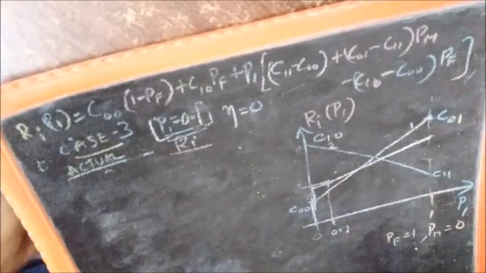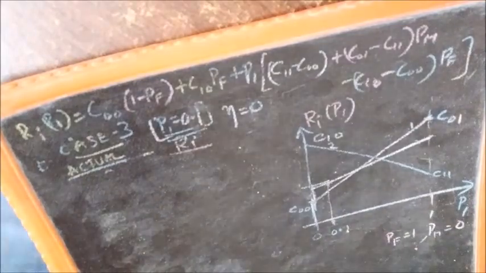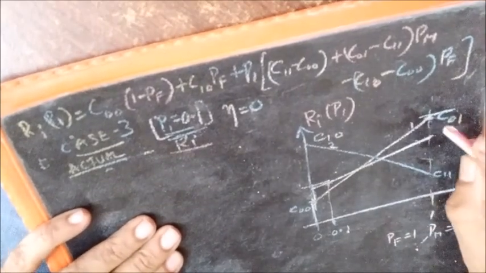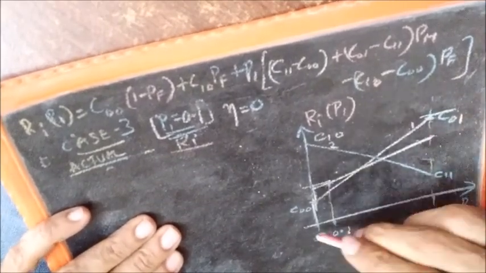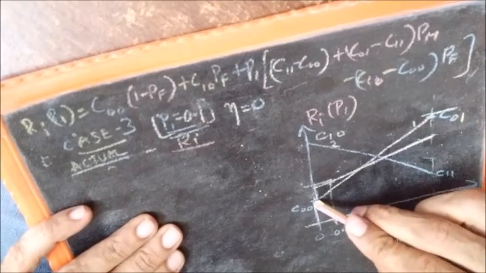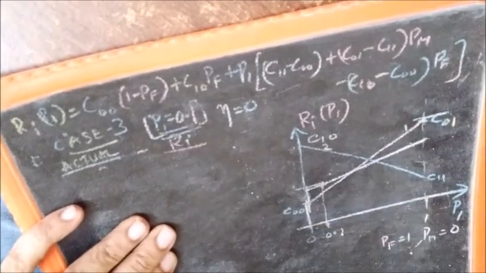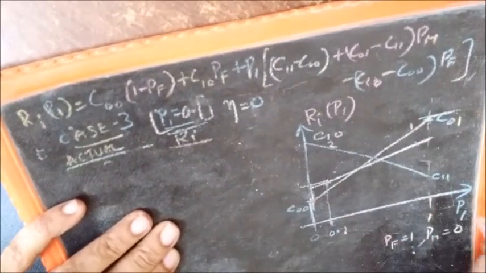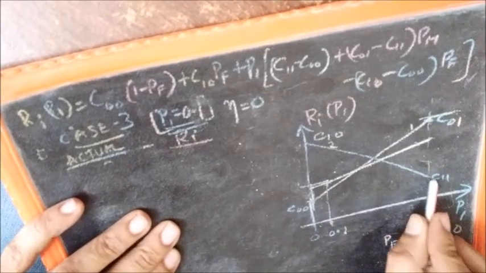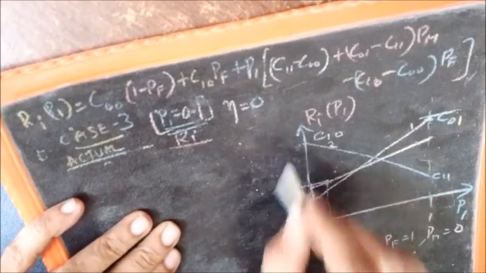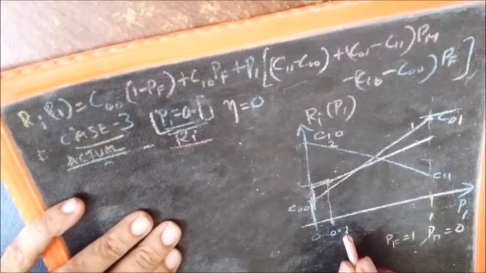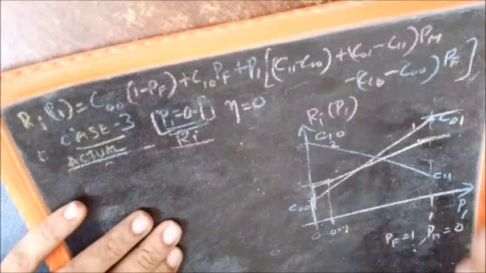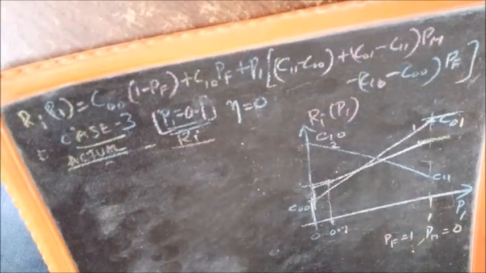It is not necessary to show that, but what we have to understand here is that in case 1, this was the maximum risk, because I reiterate, you don't know what the actual P1 is. Actual P1 can be 0 to 1. We have assumed P1 to be 0, and the maximum risk you are going to encounter in such cases is C01. In case 2, when you assume P1 to be 1, the maximum risk you are going to encounter is C10. And in case 3, where you have assumed P1 is 0.1, the maximum risk you are going to encounter is something like this.